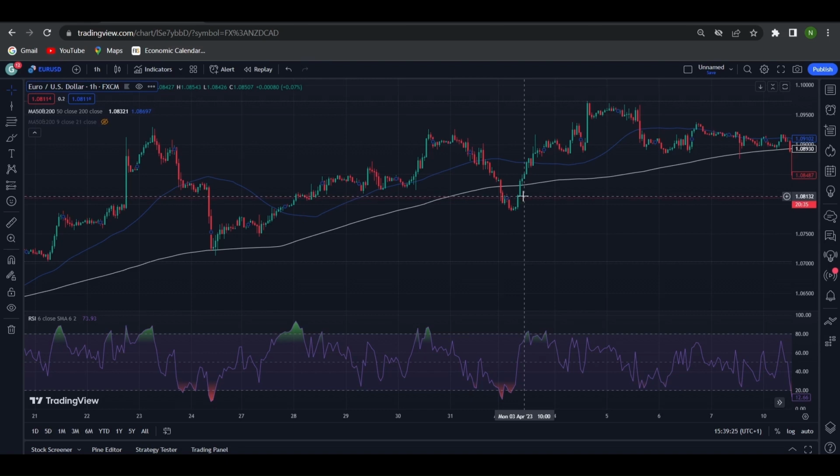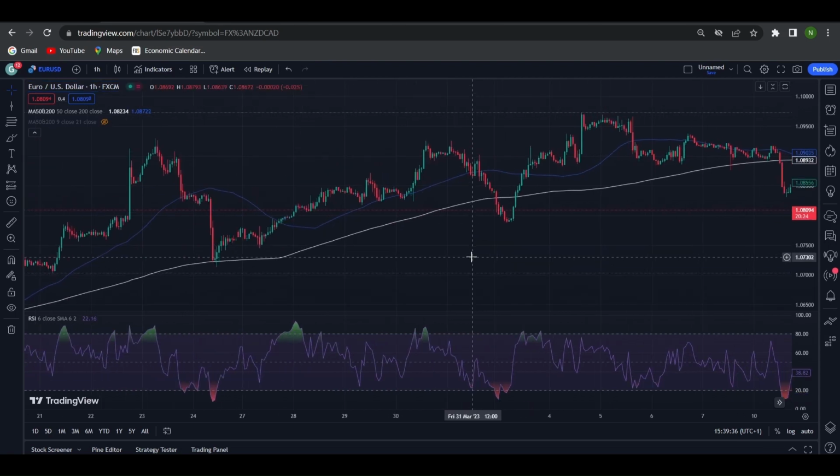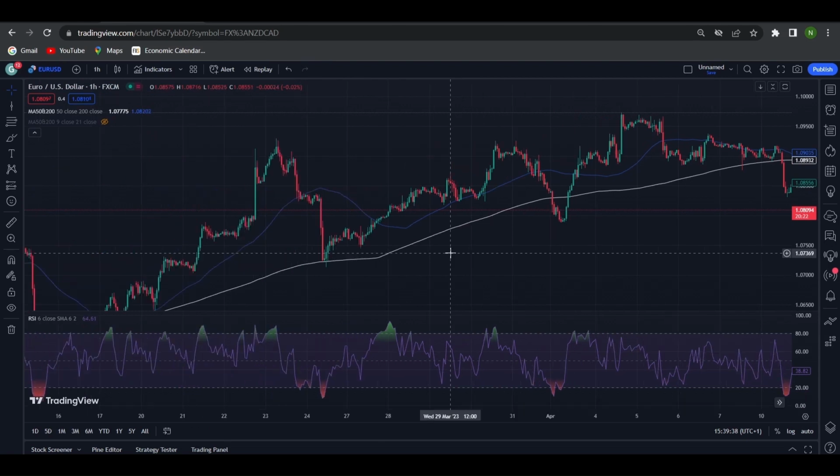I usually do take the trades, but I would usually use the pivots. Unfortunately, I don't have that in TradingView. I usually trade on MetaTrader, but I prefer doing my videos on TradingView. So if you have additional indicators, you can use the pivots to help you with where price